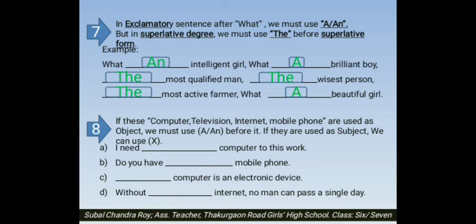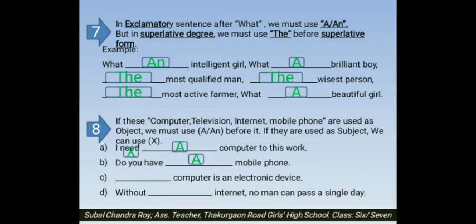Here computer is used as object, so I need a computer to do this work. And number B, okay, this one, do you have dash mobile phone? Here mobile phone is used as object, so we have to use article a or an here. So do you have a mobile phone? Do you have a mobile phone?